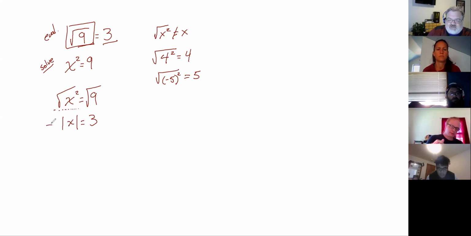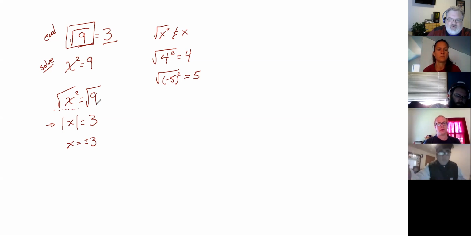So we're still left having to solve something here. What values of x make the absolute value of x equal to 3? Well, positive and -3 both make the absolute value of x equal to 3. So the important part here is that this square root is not generating the plus or minus. We often think, and quite reasonably, we often go from this step directly to x equals plus or minus 3.